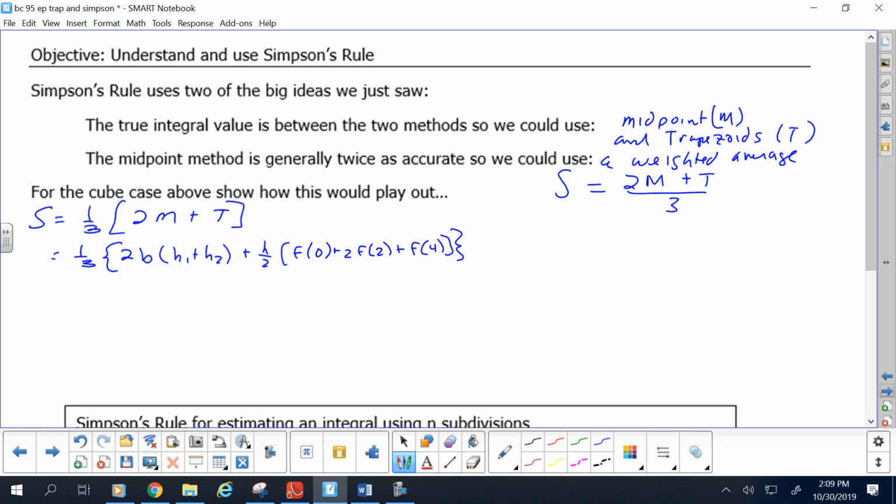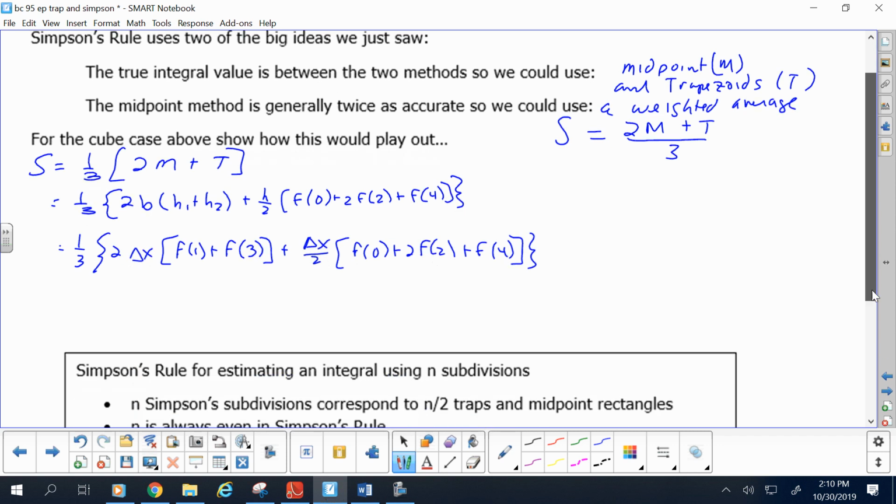Are you okay so far? Okay. Let's go to base. Isn't the base just the delta x? And H1, for the midpoint, what was the first height? F at 1. And the second height, F at 3. For the trapezoids, what's H again? Which, remember, runs parallel to the delta x over 2, and the rest of it's fine. Okay. Now then,